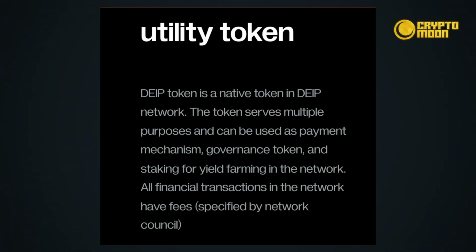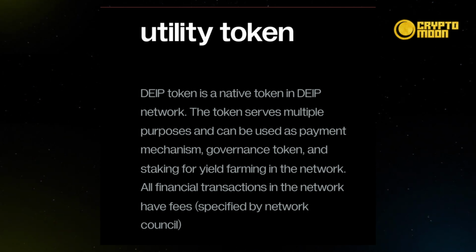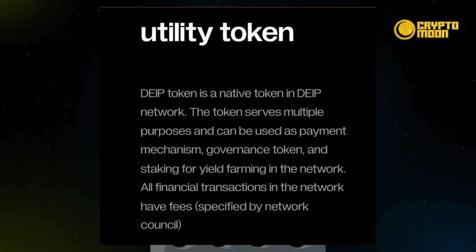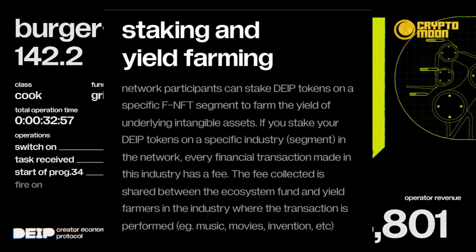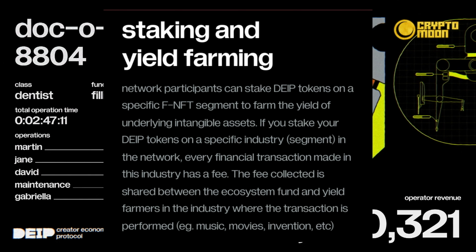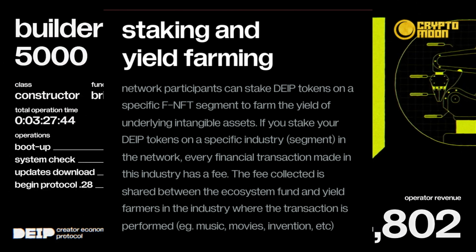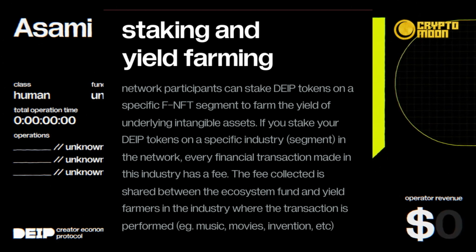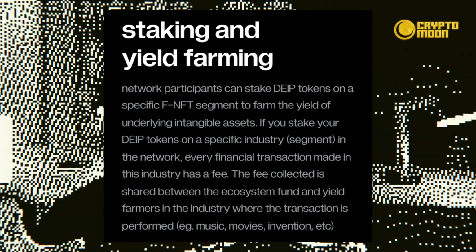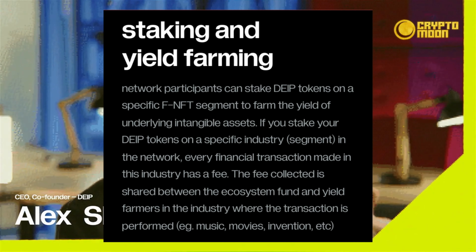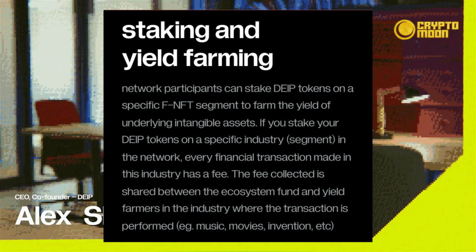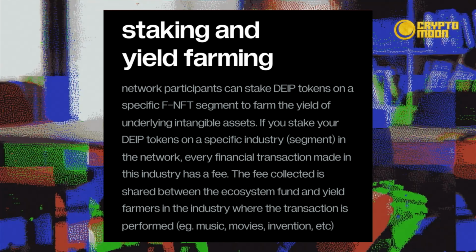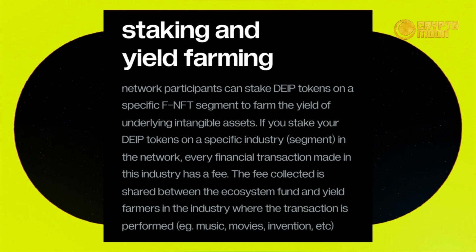The token serves multiple purposes and can be used as a payment mechanism, governance token, and staking for yield farming in the network. All financial transactions in the network have fees. Network participants can stake DEIP tokens on a specific NFT segment to farm the yield of underlying intangible assets. If you stake your DEIP tokens on a specific industry segment in the network, every financial transaction made in this industry has a fee. The fee collected is shared between the ecosystem fund and yield farmers in the industry where